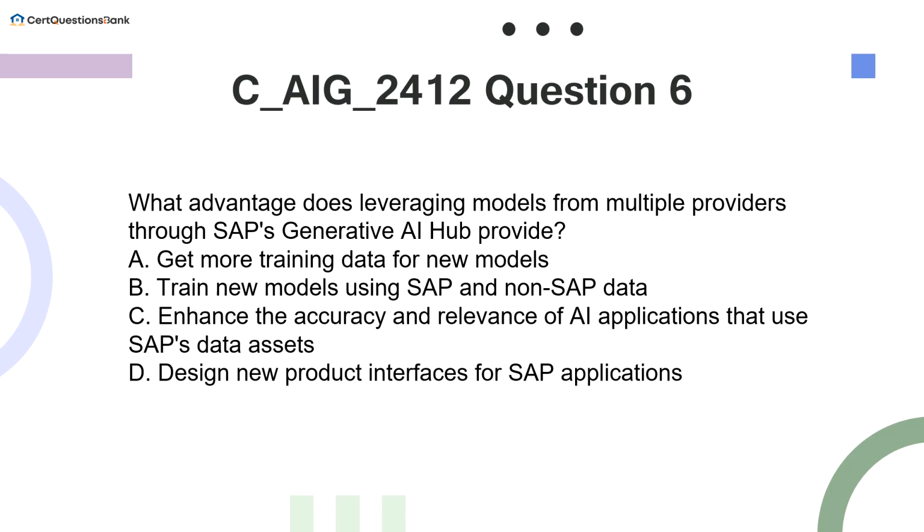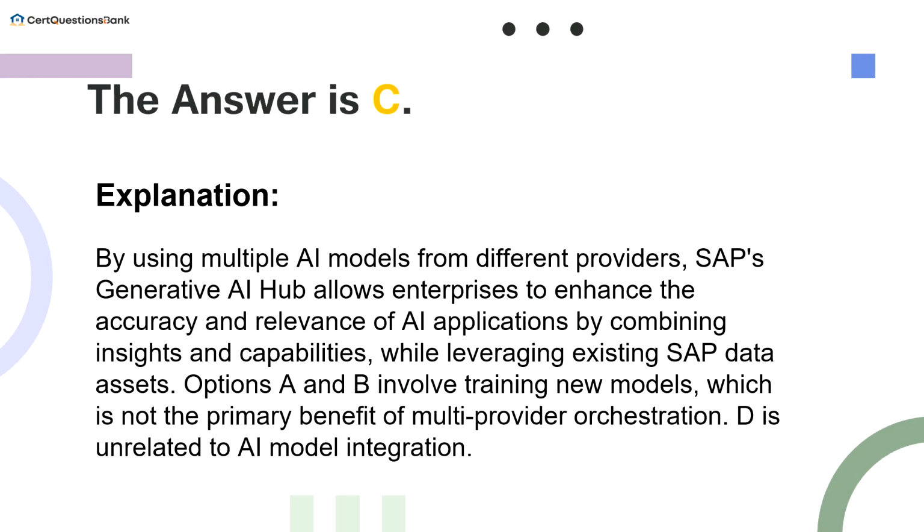C. Enhance the accuracy and relevance of AI applications that use SAP's data assets. D. Design new product interfaces for SAP applications. The answer is C. By using multiple AI models from different providers, SAP's Generative AI Hub allows enterprises to enhance